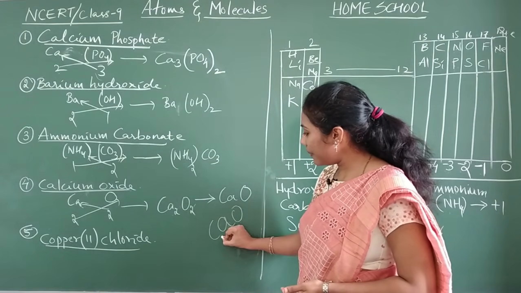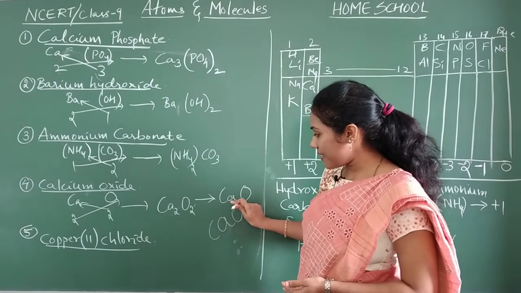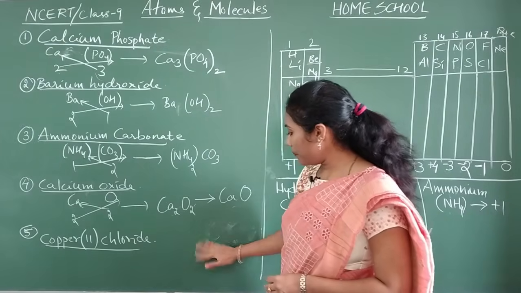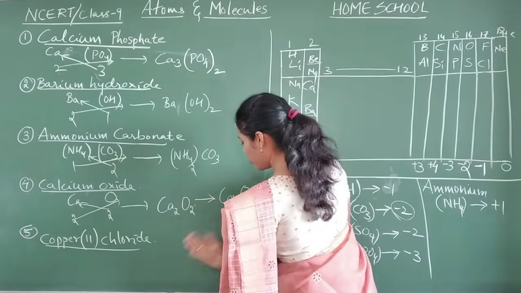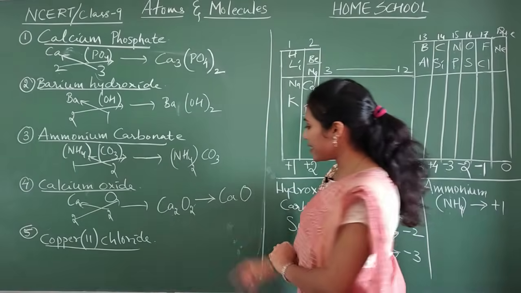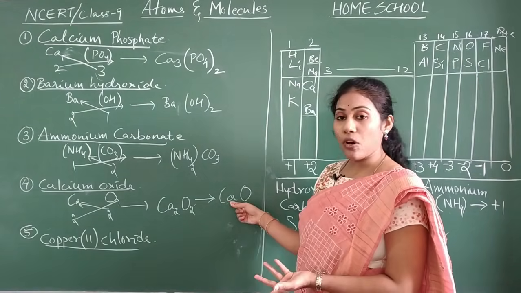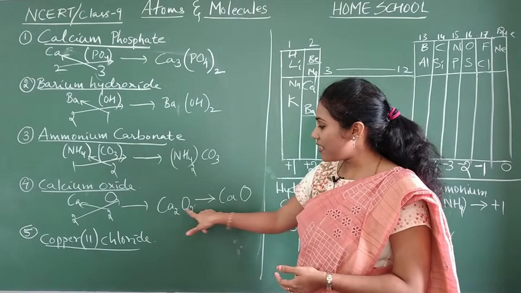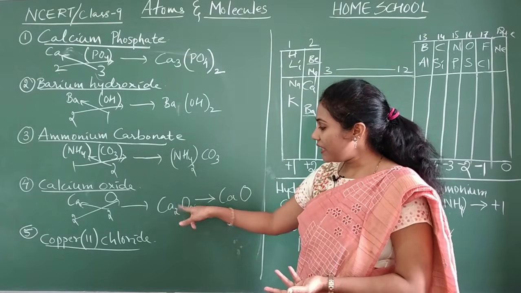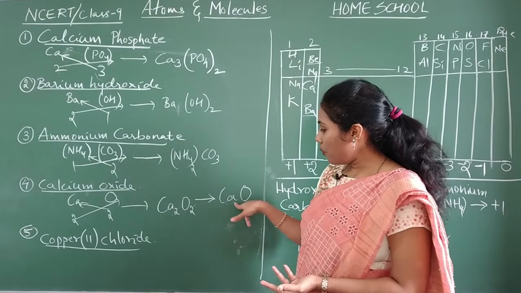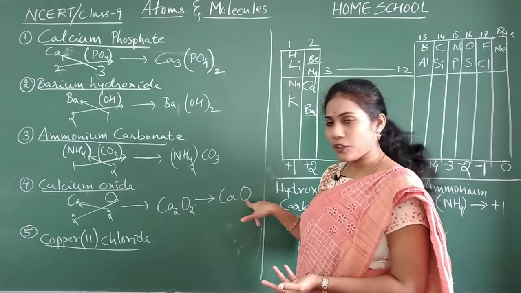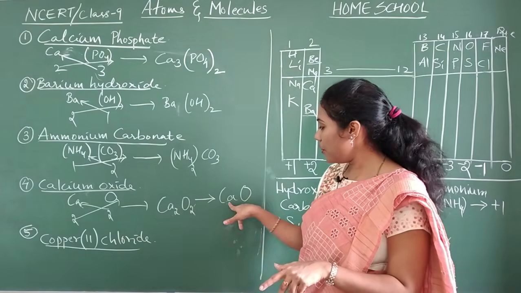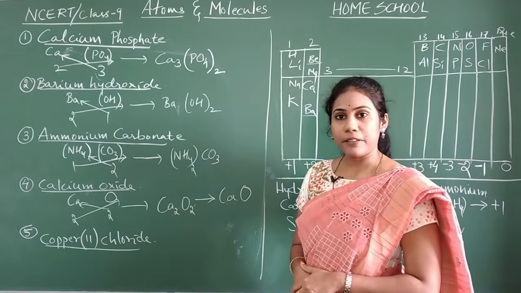Don't write it carelessly. C capital, A small. The way you write the symbol is also very, very important, guys. Keep this in mind. You shouldn't write however you want. C capital, A small, then O. This is how you have to write. Whenever you have the same valency digits, they will get cancelled. See, 2 over 2 is 1 over 1. If 1 is there, I told you not to mention it. If nothing is there, it is understood that there is 1, isn't it? So CaO is calcium oxide.